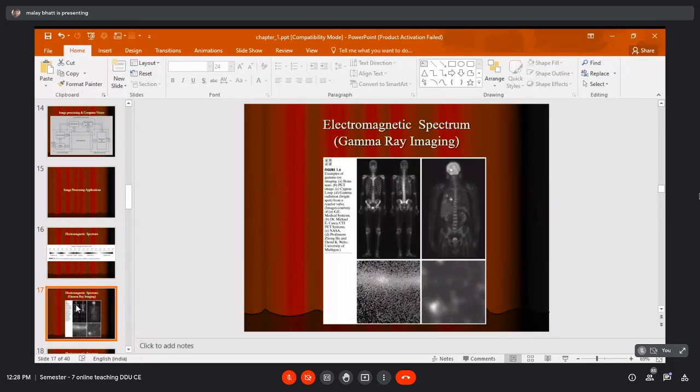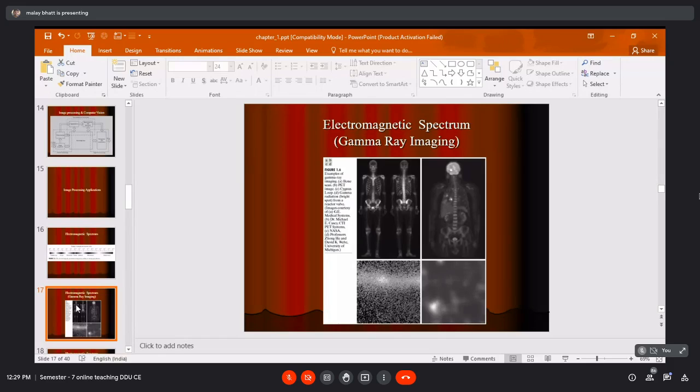So now let us consider the first one. We are considering gamma ray imaging. Through gamma rays, as you can see in this, it is a bone scan, a tomography image, second one. Third is a Cygnus loop, and the fourth one is gamma radiation from a reactor valve.